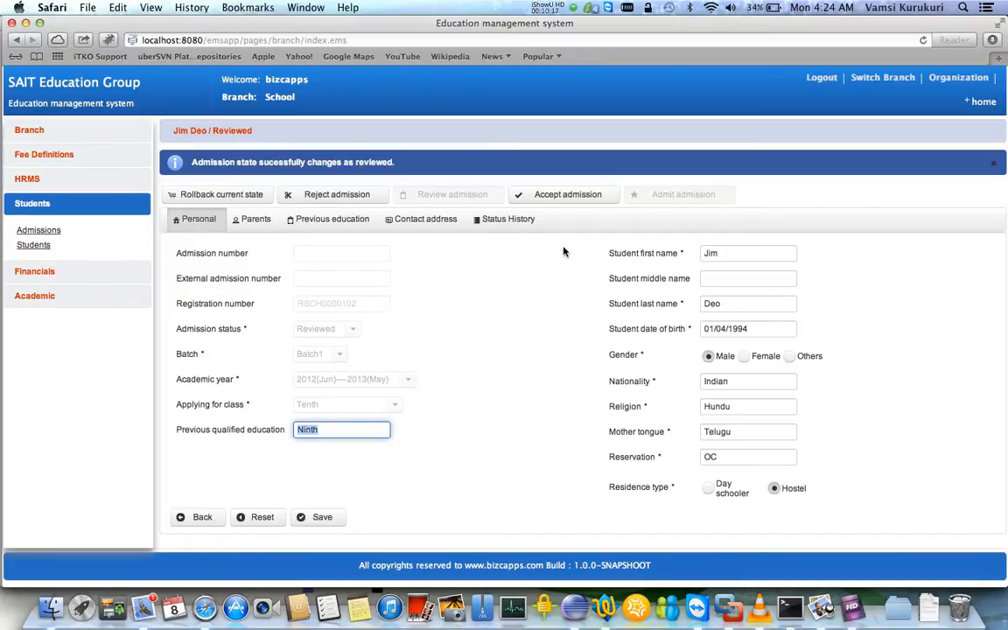So basically why we differentiate is, there can be a team, you can make one team reviewing your applications and one team accepting the applications. So the work can be separated logically here. That's the reason you have to review it first and accept it. Accepting can be done by higher level people, like maybe a principal or someone else. So accept admission,